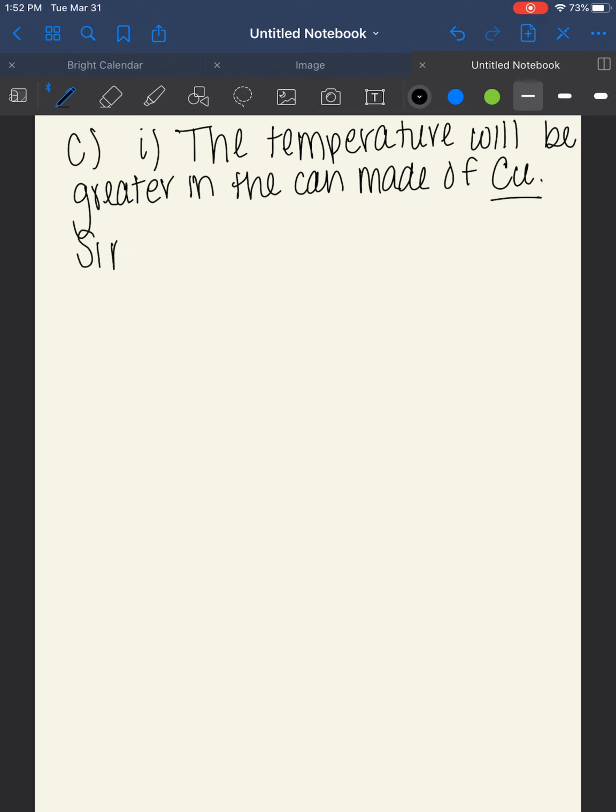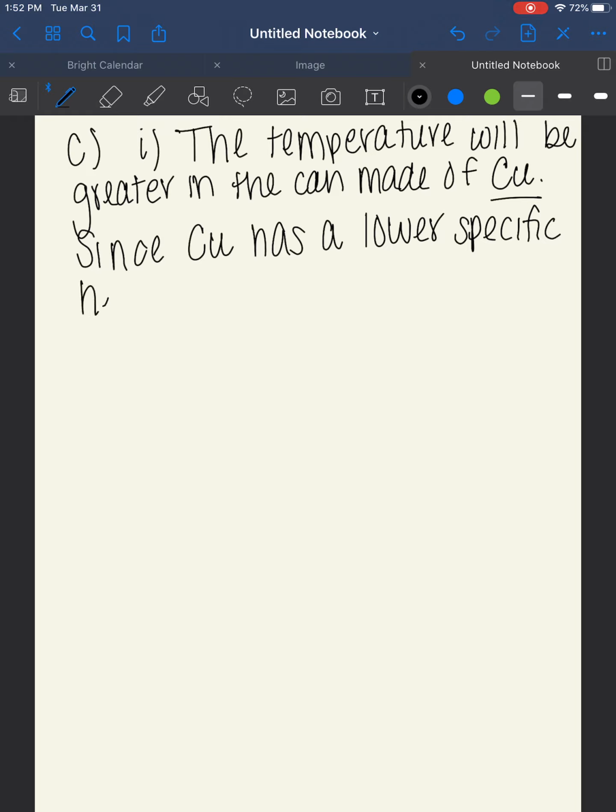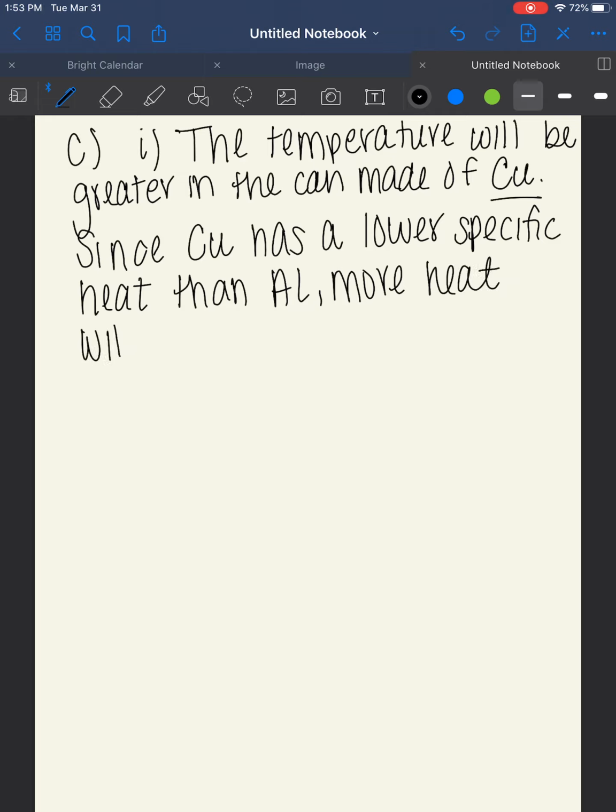Now we need to justify it. Since copper has a lower specific heat than aluminum, more heat will be absorbed by the water